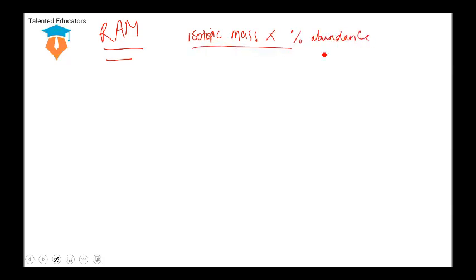Last thing that I want to look at today is relative atomic mass, RAM. So what is relative atomic mass? It is the isotopic mass times percentage abundance divided by 100. Also, this is really important to note that if they don't give you the percentage abundance in